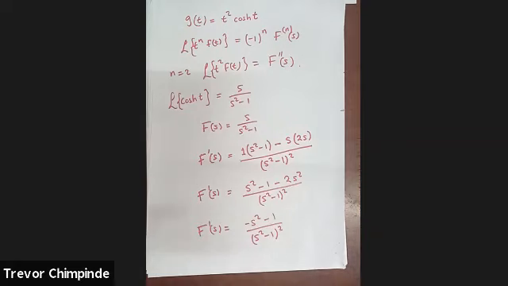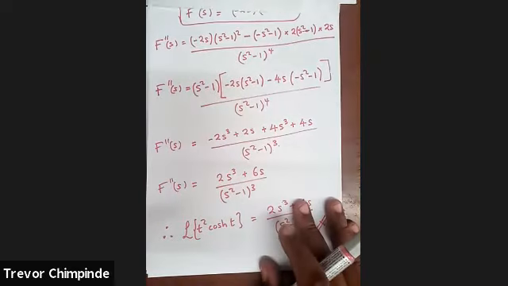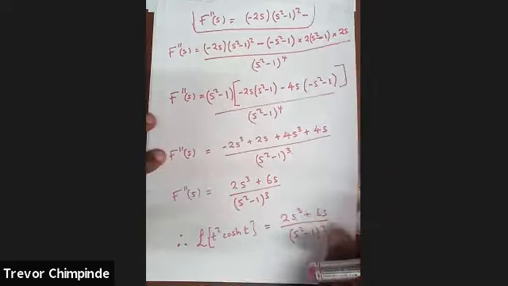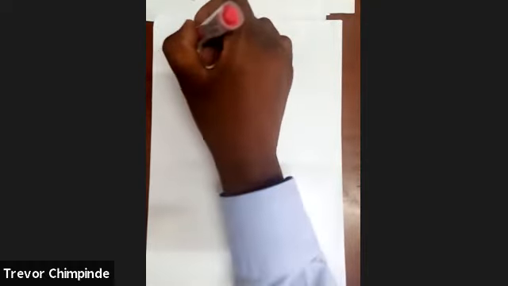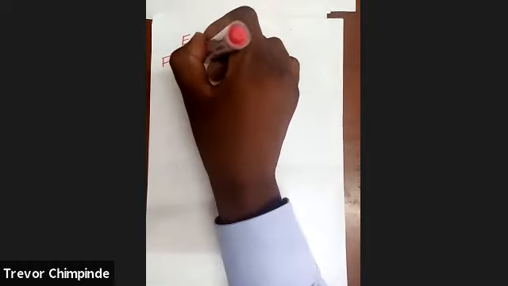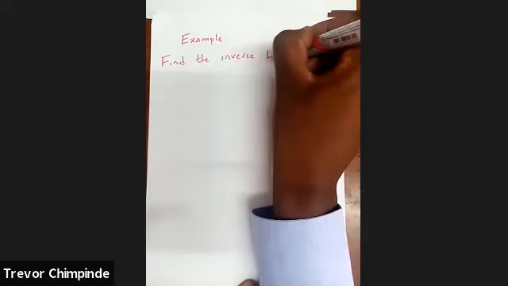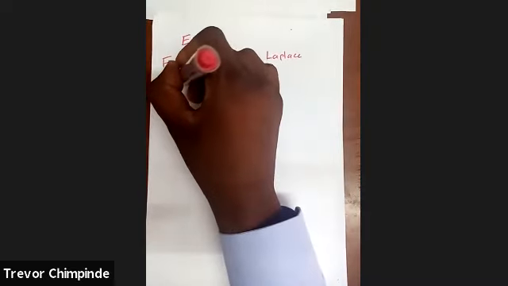Okay, so if you don't have any questions, then we do some examples. The previous examples were on finding the Laplace. The next example is on finding the inverse Laplace. But you can also apply those theorems when finding the inverse Laplace transform. So example, find the inverse Laplace transform